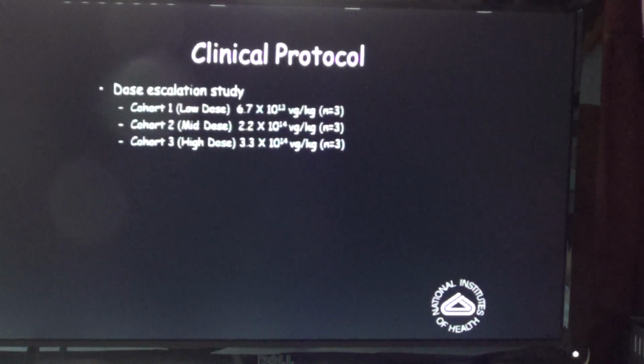It's this dose escalation study. There'll be 3 cohorts, each one of 3 patients. This is the lowest effective dose essentially that we found, and the 6.7 times 10 to the 13th vector genomes per kilo, the one I showed you that had a 5-fold less effect